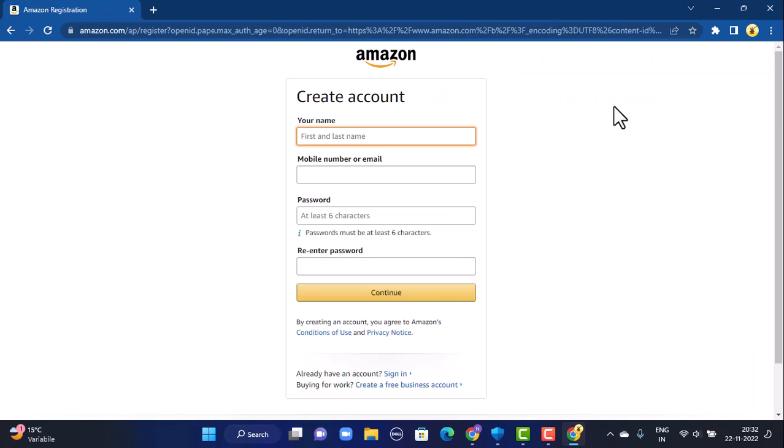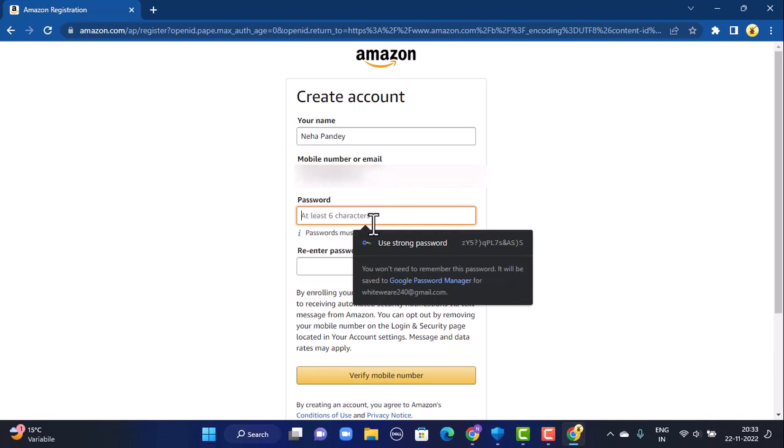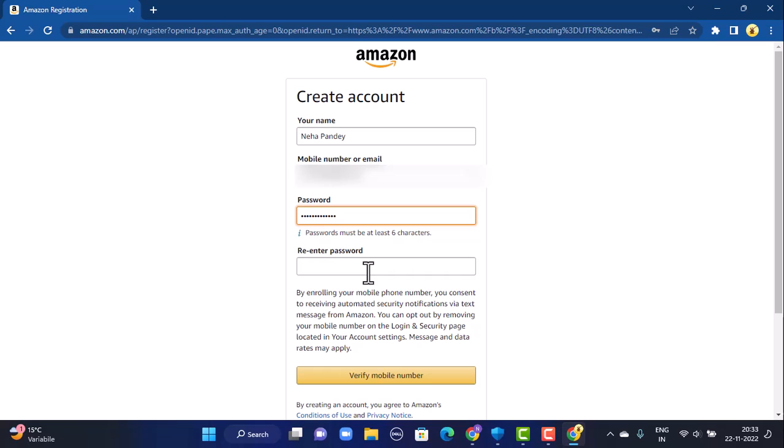Just tap on it. Once you tap on it, next you'll be directed to a sign up page. You'll have to enter your first name and your last name first of all, and after that you'll either have to link your mobile number or an email address. Select any of these options that is convenient for you, and once you're done entering your contact information, next you'll have to create a password, and after that you'll have to re-enter your password once again